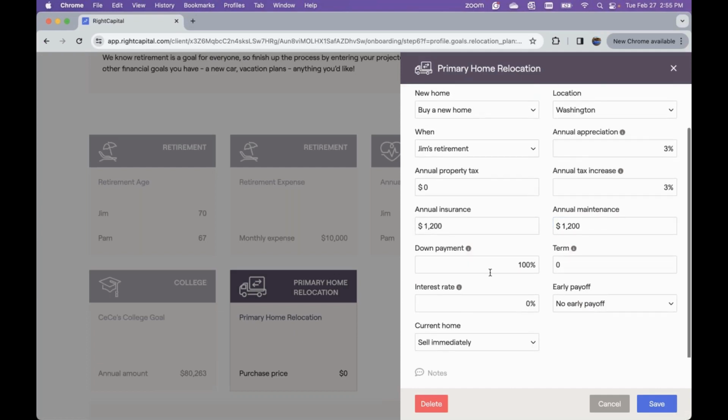But when we have a new asset coming in, you can also specify how we're going to be paying for this. So if we're going to be paying for this full cost up front at the time of this goal occurring, we can keep the down payment to 100%. But if we're actually financing this purchase, we would change this percentage to whatever the down payment will be, the term, the interest rate,